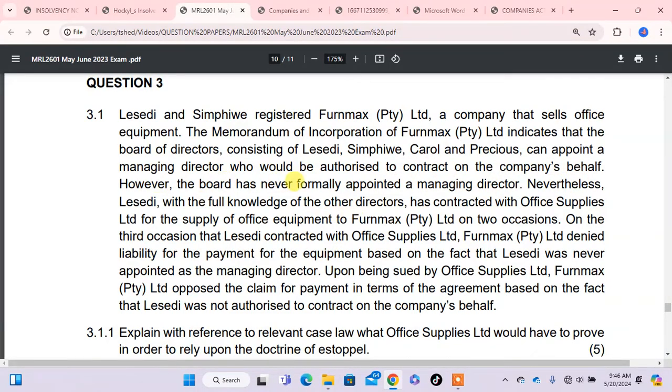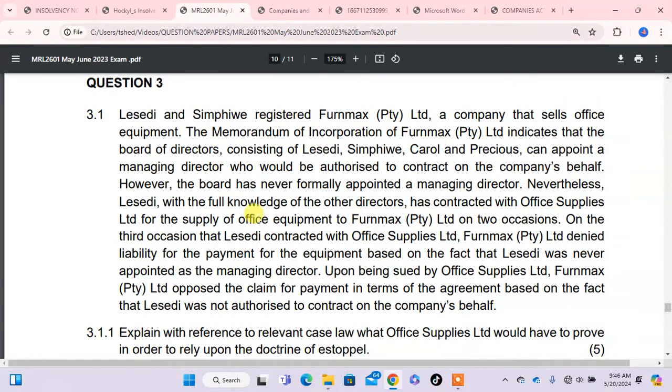However, the board has never formally appointed a managing director. Nevertheless, Lisedi, with the full knowledge of the other directors, has contracted with Office Supplies Ltd for the supply of office equipment. So he contracted with a public company